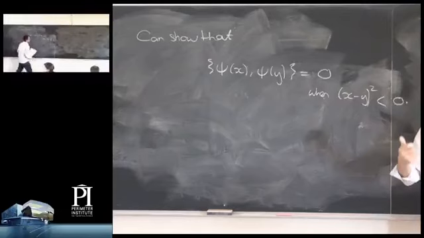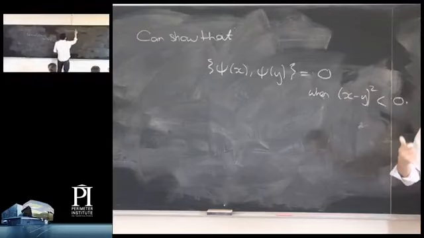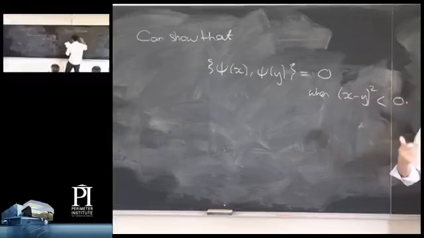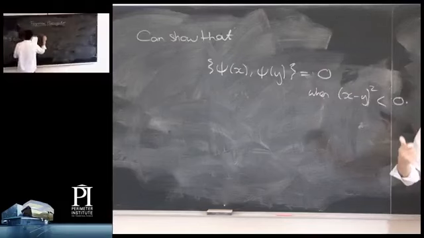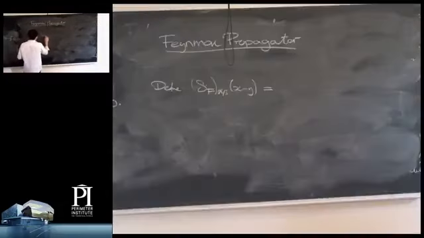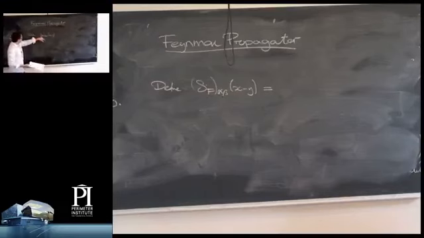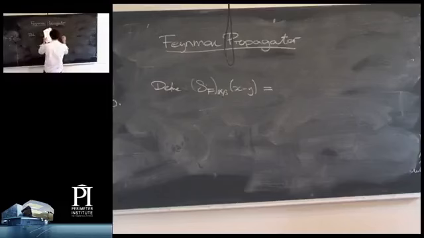We can define various propagators. Let me jump straight to the one that's relevant, which is the Feynman propagator. I'm going to call it S: S for spinor, F for Feynman, alpha and beta for the spinor indices. And I'm going to define this to be